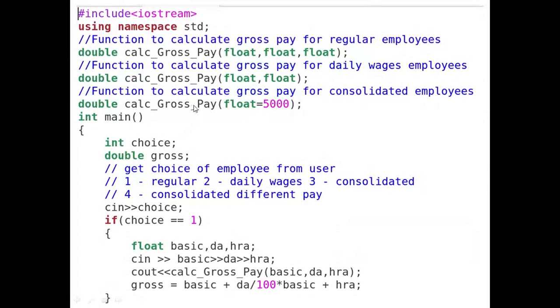And then this is another function, which calculates gross pay for consolidated employees. I give a default value for this, right? That is 5000. So this function can be called with 1 or 0 arguments, right? Now this is the main, where I get the option from the user's choice, what type of employee he is